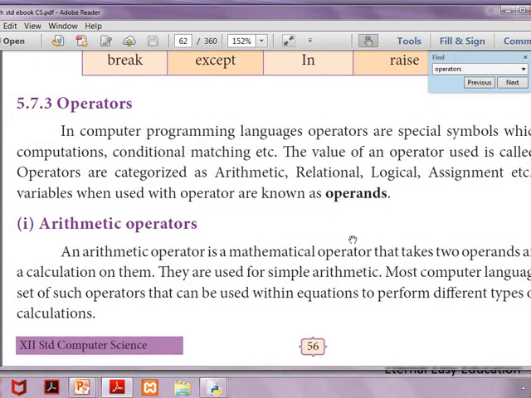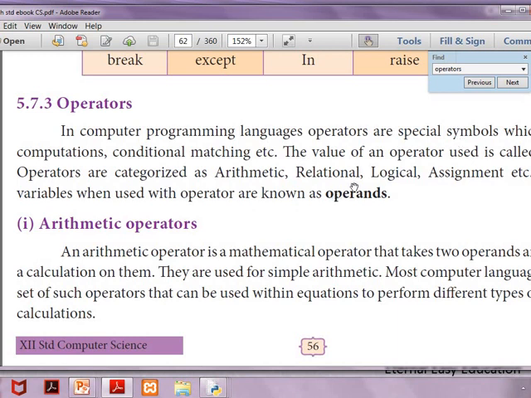So, what is an operator? As you learnt in your C++, operator is a symbol. Simply, it is a symbol. Why are we using this symbol? This symbol is used for doing many calculations like arithmetic, relational, logical, assignment, etc. The symbols which are used to do arithmetic calculations come under arithmetic operators.